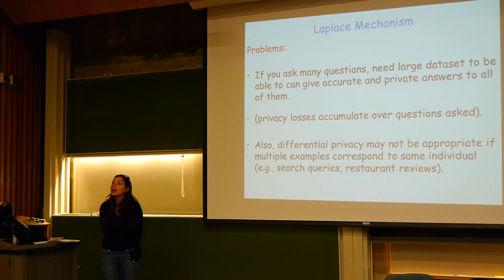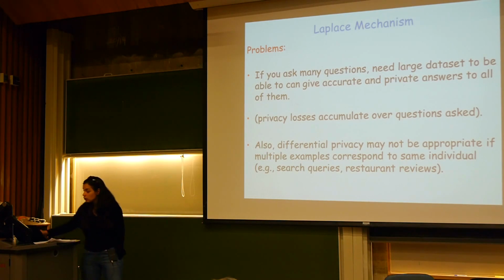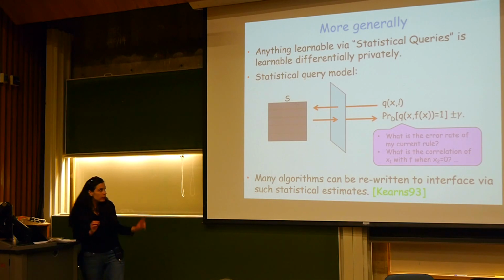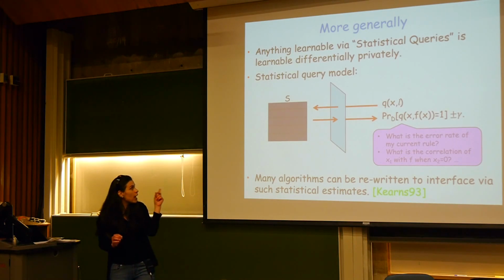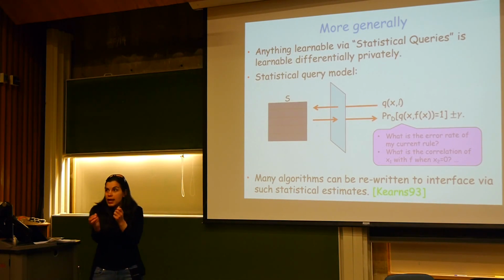Yeah? What kind of algorithms are more suited to this? Because if there are algorithms which are not tolerant to noise, they will fail at this. Are there any specific algorithms that are useful in this case and not? This is exactly what I'm saying. There is a formalization called statistical query algorithms that make decisions based on statistics, based on averages. Many of the machine learning algorithms can be simulated this way.